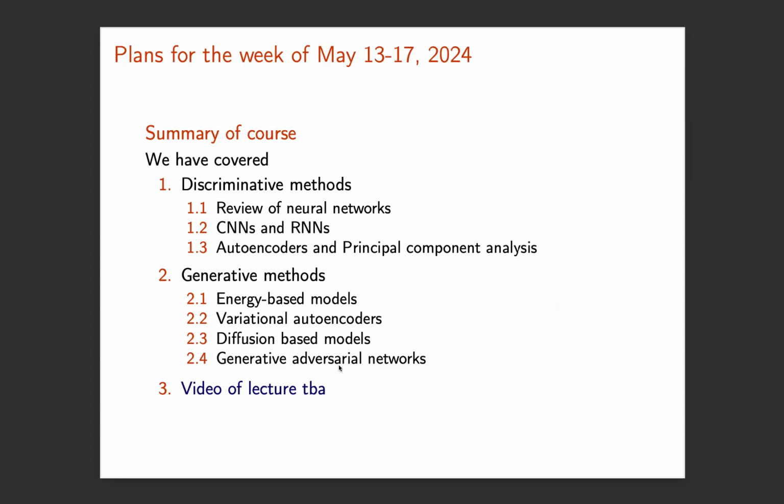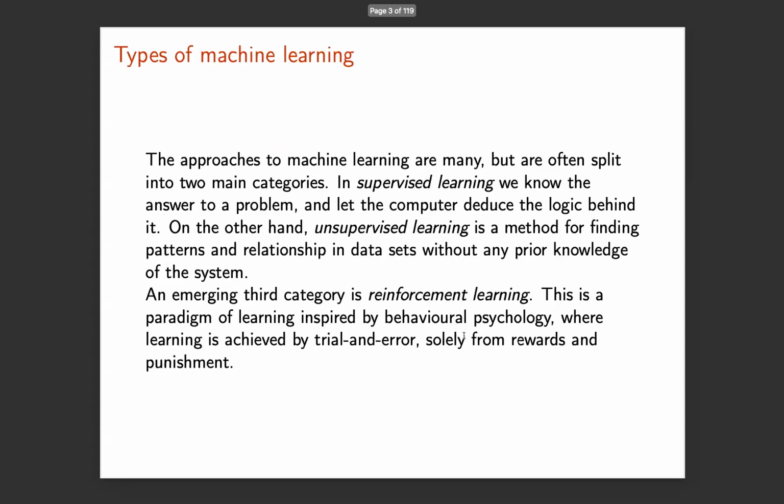We also discussed generative adversarial networks, but we didn't discuss things like flow models, which we come back to a little bit later. The approaches which we have covered, they are approaches which deal both with supervised and unsupervised learning. We have not discussed reinforcement learning. That's something which is not covered by this course, but many of the methods which we have dealt with are actually used in both unsupervised and supervised learning.